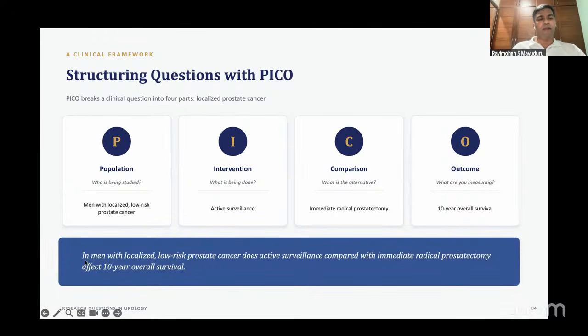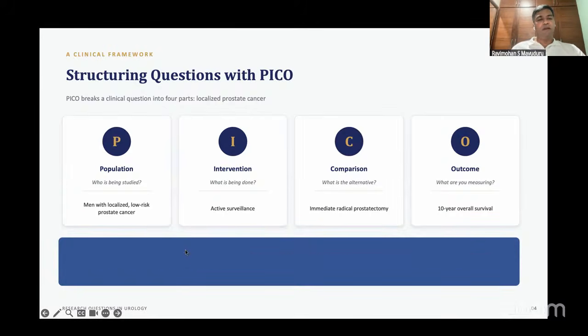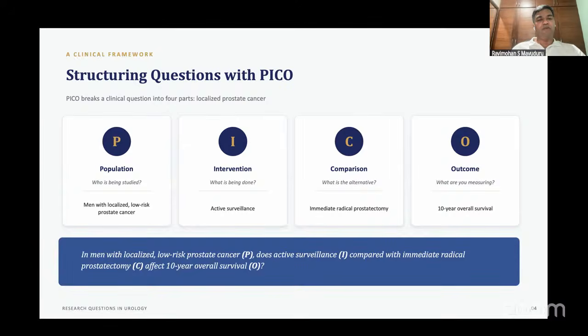Let's say, for example, in men with localized low risk prostate cancer, does active surveillance compared with immediate radical prostatectomy affect 10-year overall survival? If you see here, you cover the entire PICO. Which patient? Low risk prostate cancer. What is the intervention? Active surveillance. What is the comparator? Radical prostatectomy. And what is the outcome you want to see? The overall survival at 10 years. So this is a perfectly framed research question. Once you get to such a research question, your research would always merit a good, nice study and a nice